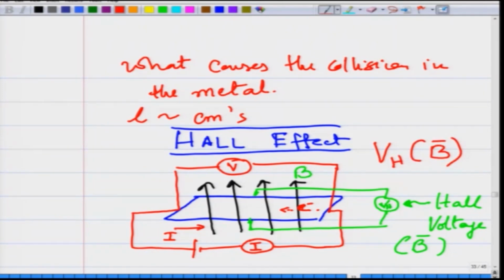If you measure this transverse voltage, you will find that the Hall voltage is a function of the magnetic field. If you know the functional dependence, namely how the Hall voltage depends on the magnetic field, you can measure the Hall voltage and figure out the strength of the magnetic field, and that is how the